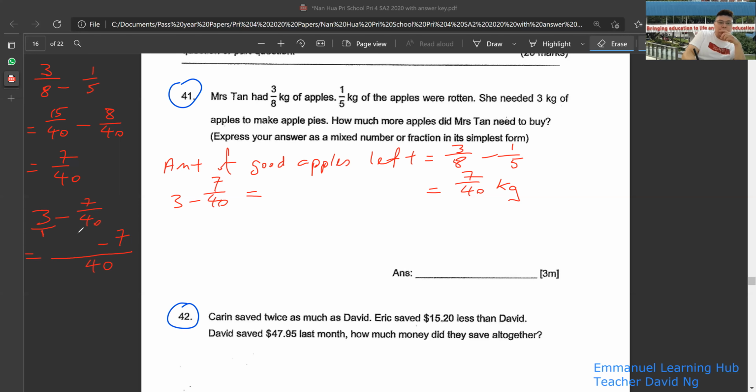So 3 you should change to 120, because you times 40. 1 times 40 gives you 40. So 3 times 40, 120. Okay. So 120 minus 7, that will become